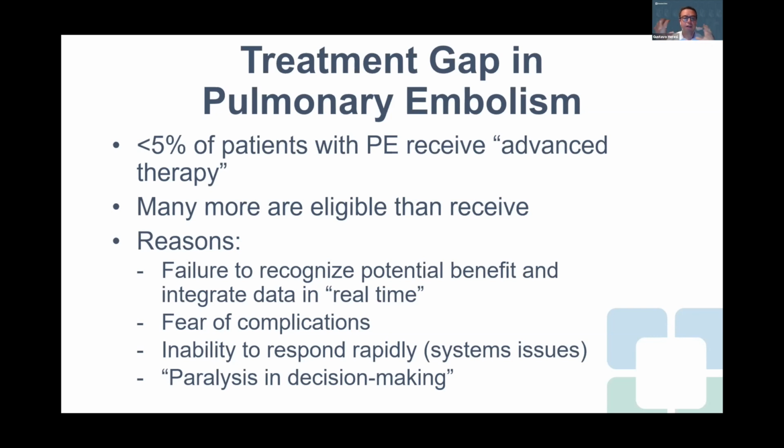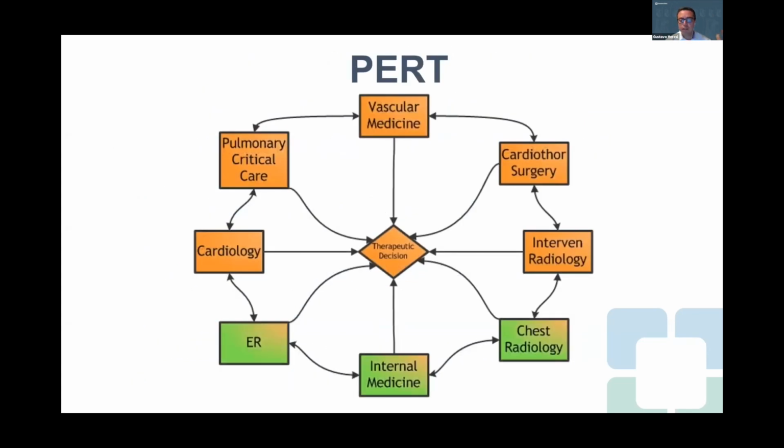So it was really fragmented and impossible to make timely decisions before PERT teams, in my opinion. The structure of a PERT, depending on where you are, you really need to get together key parties, interested people from different specialties that bring different experiences and expertise to the table, and these have to be highly motivated, interested people, typically with representation from vascular medicine, if you have that in your hospital,